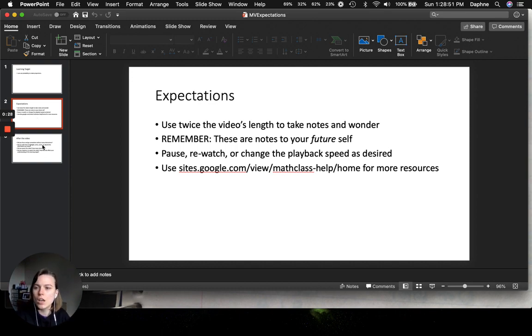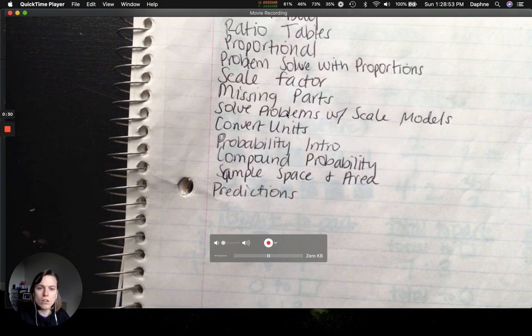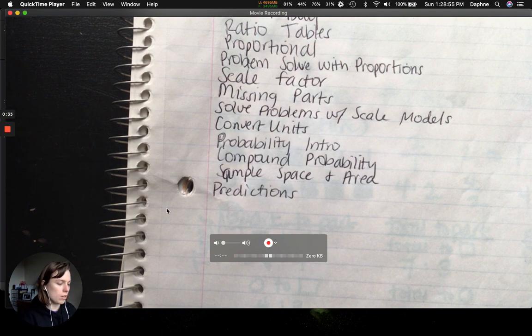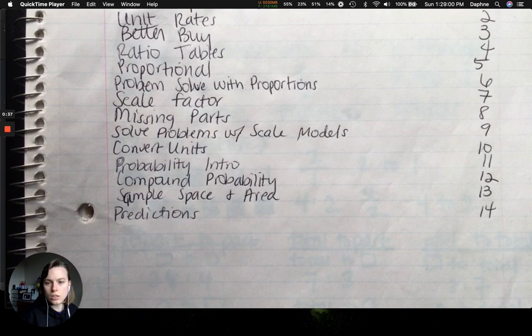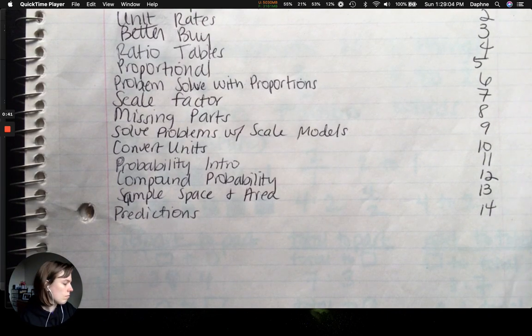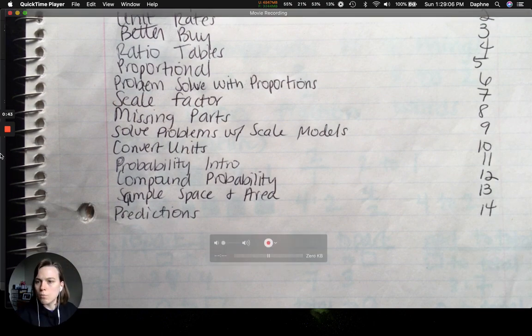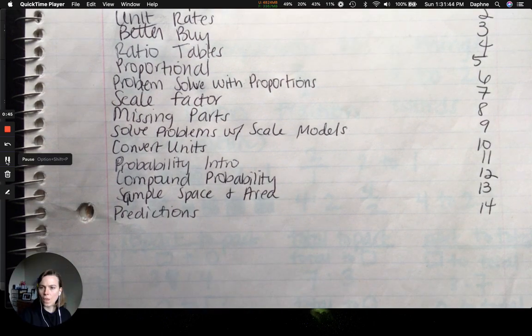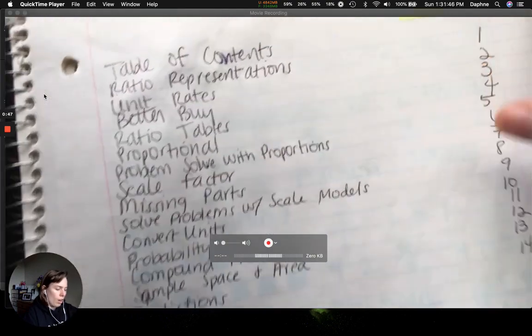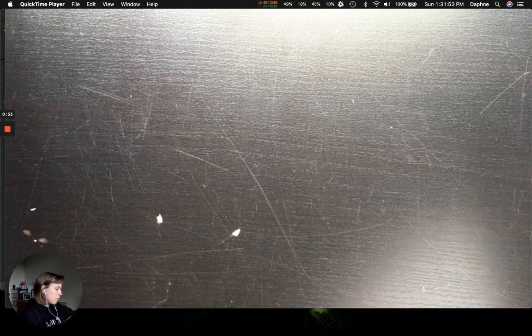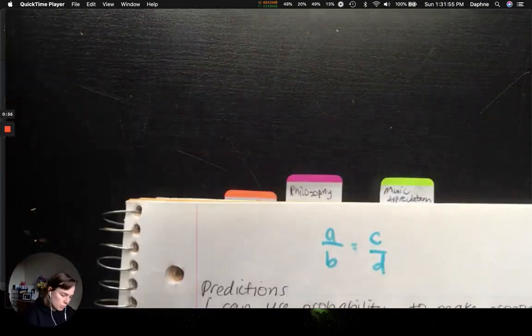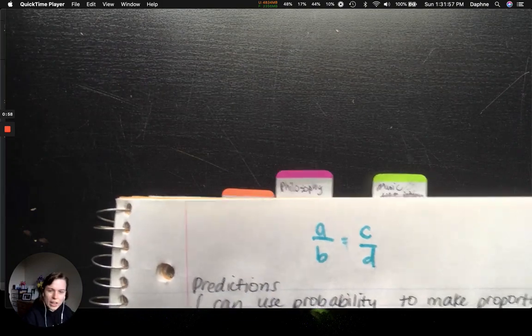All right. So after the video, here is our table of contents. So we are on predictions, which is page 14. And I'm going to pause it here. Okay, so I'm back. All right, going to page 14. All right, so this is again my second time filming this because it didn't want to load the first time. So, knowing that,